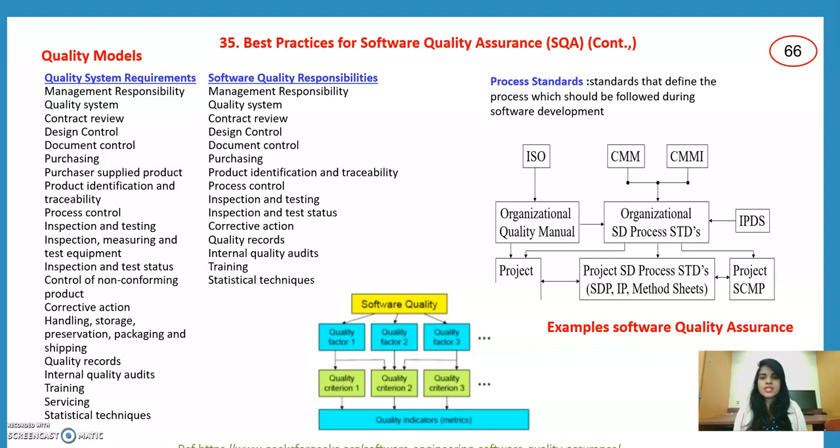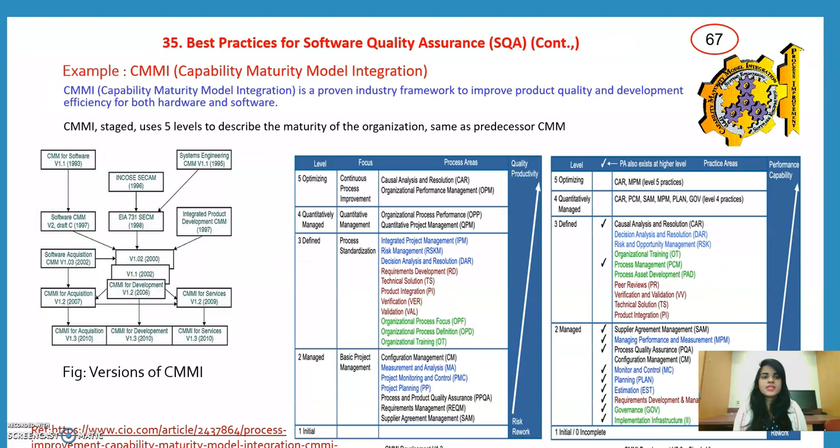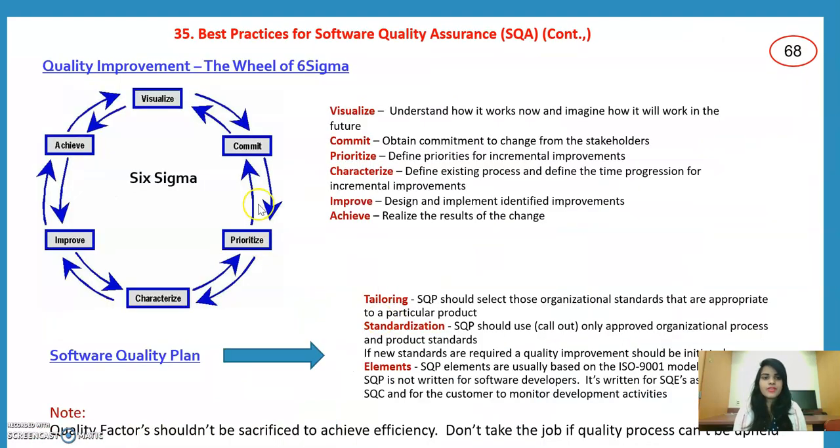And these are the different software quality models and process standards. We have ISO, CMMI, and this is an example for software quality assurance. Here we have the CMMI different versions and different levels, and the process areas, and Six Sigma, which has different